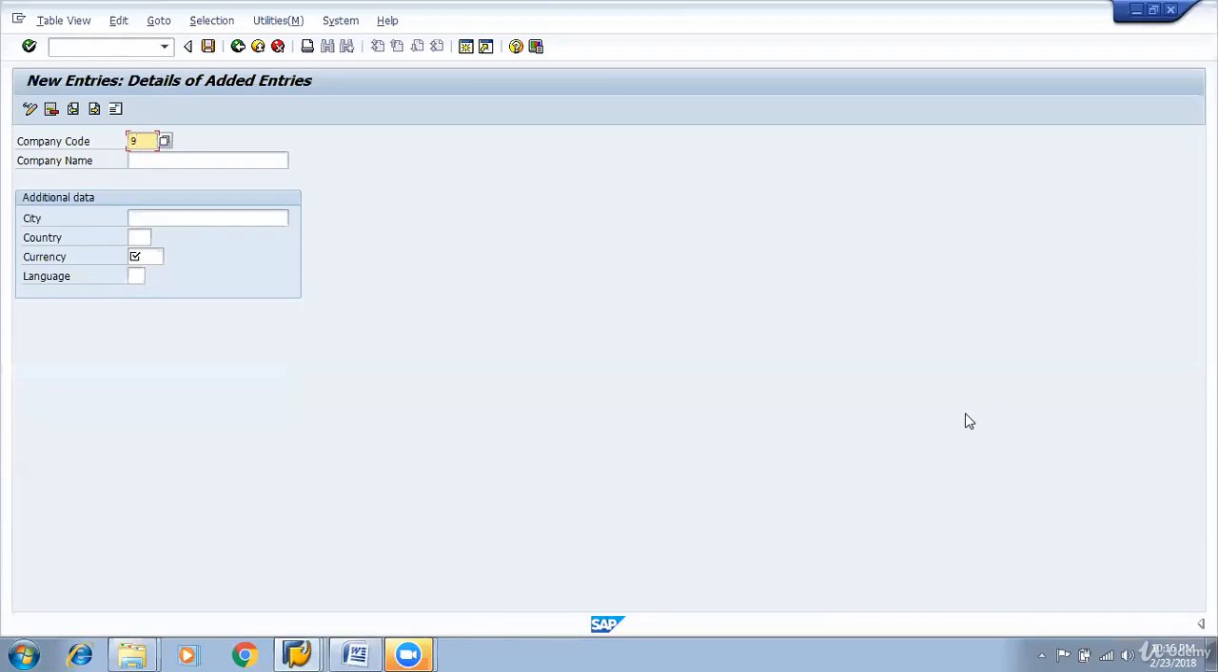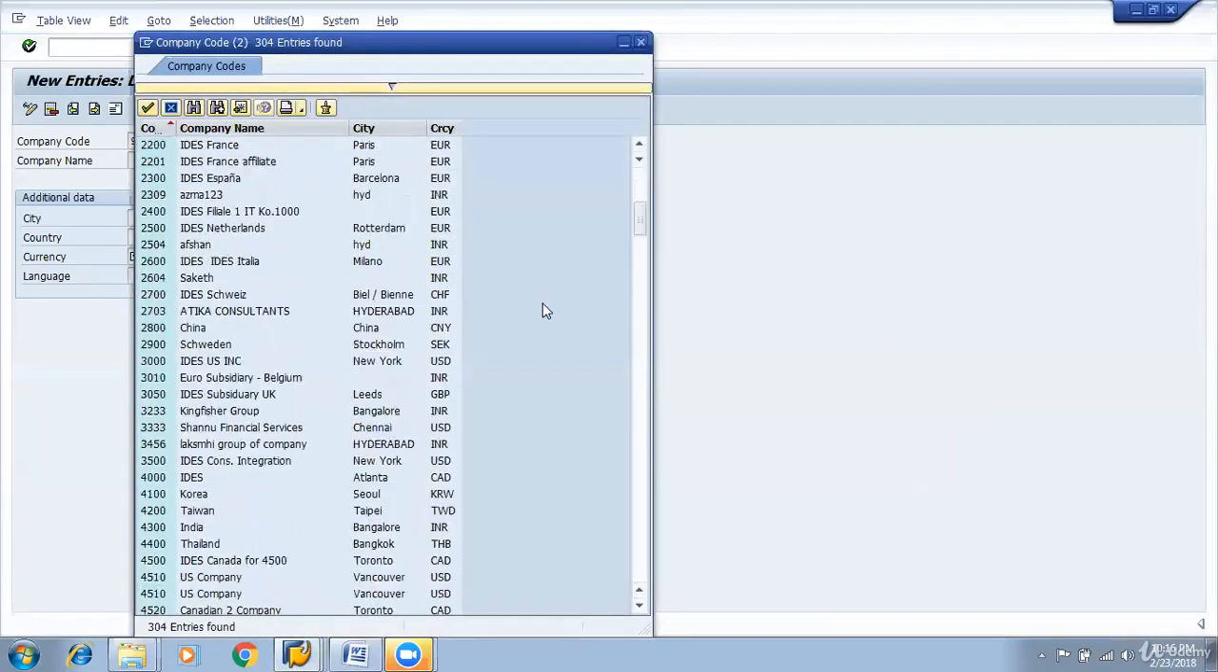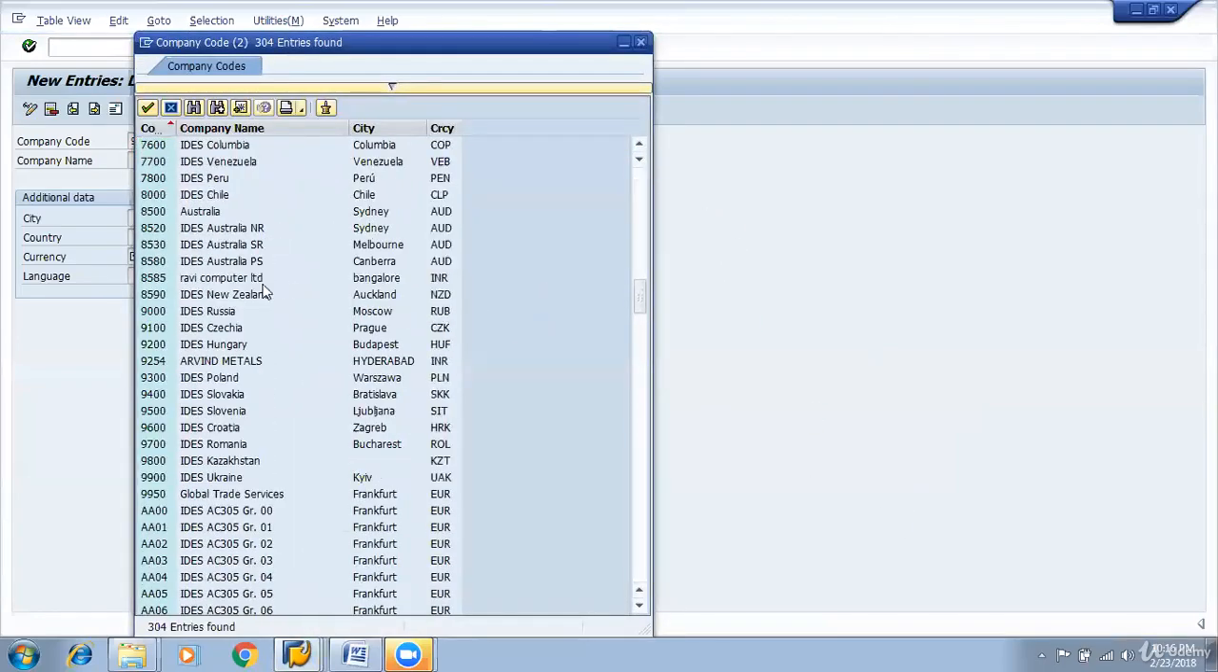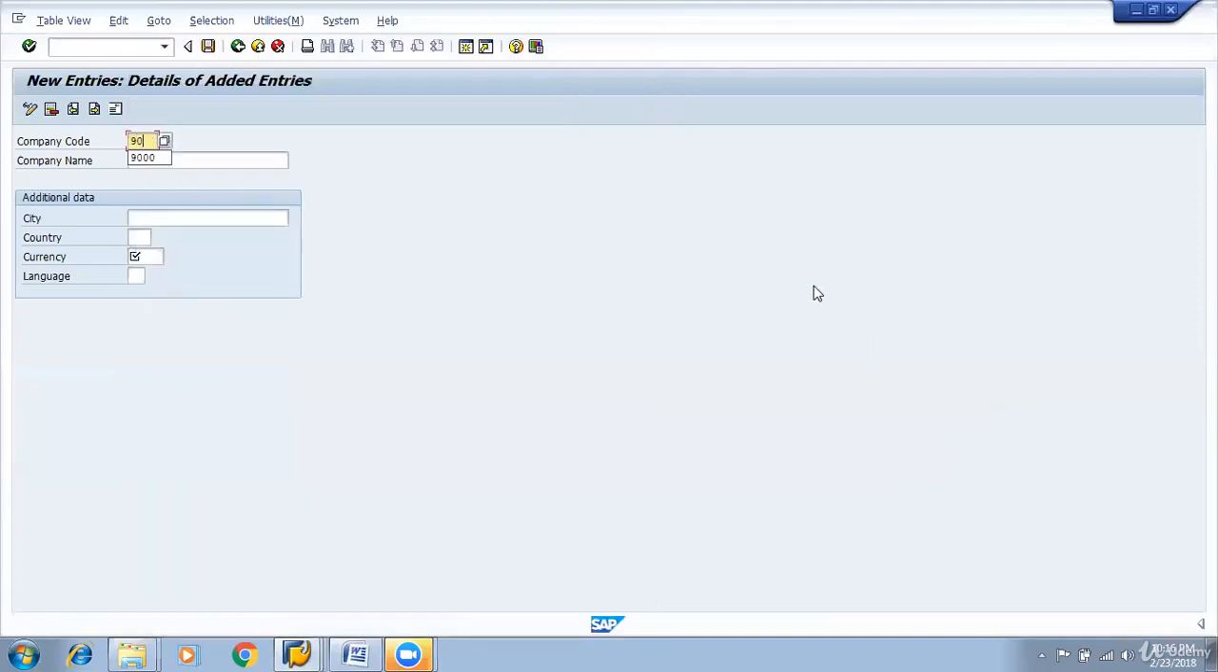Let me use 9000. If it is not taken, let's see if the 9000 is taken by anybody. If it is taken, I need to change it. I cannot use the same thing. 9000 is taken. I can use 9001. I can use 9001. This is not taken. No. Let it be Samsung